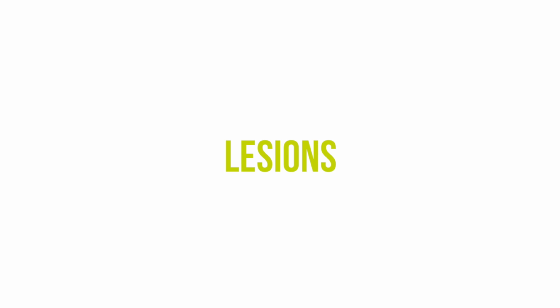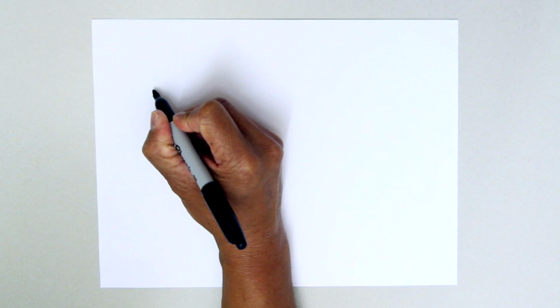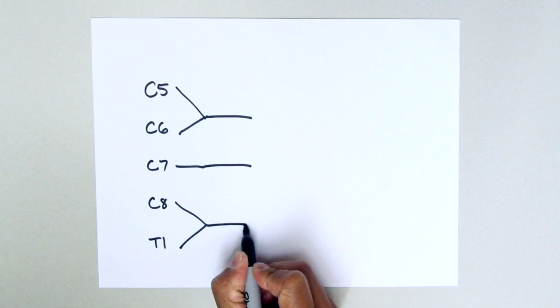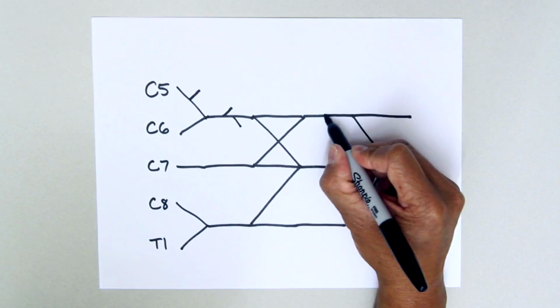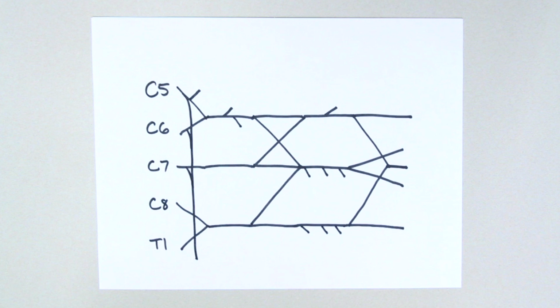Let's talk about lesions. The nice thing about using the brachial plexus drawing is you can literally put an X anywhere on the drawing and you can guess what the lesion would be. If I put an X anywhere on the brachial plexus drawing, I can deduce what a lesion would look like clinically. So for instance, if I put an X on the musculocutaneous nerve, since that nerve innervates the anterior compartment